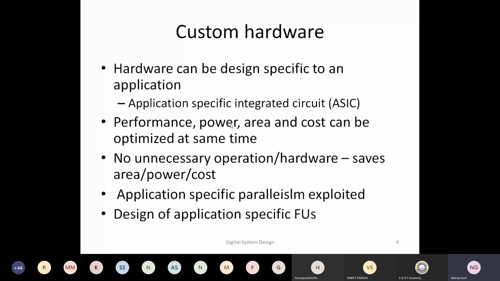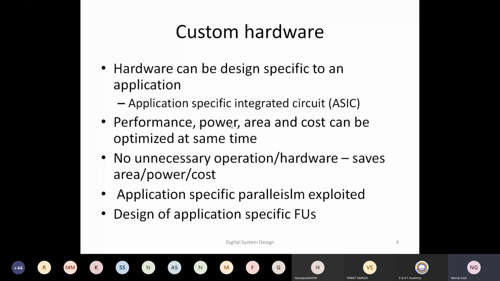But here the performance would be limited only by what kind of operations can execute in parallel. Okay, so because of that, we expect these custom hardware to be much higher performance than the corresponding programmable